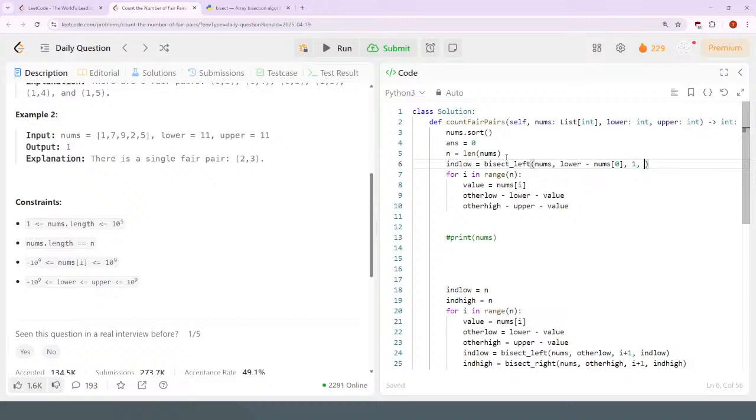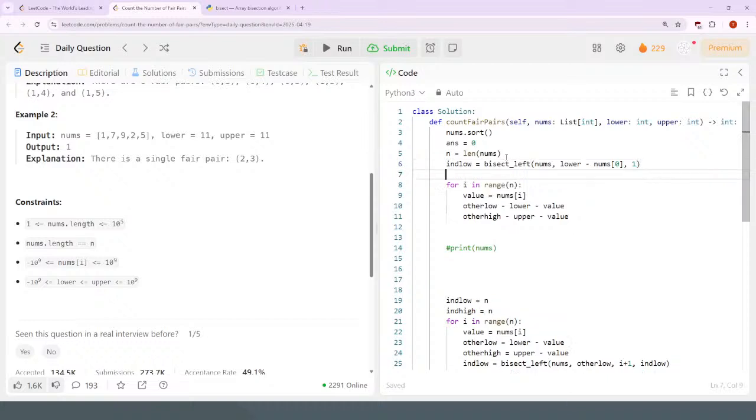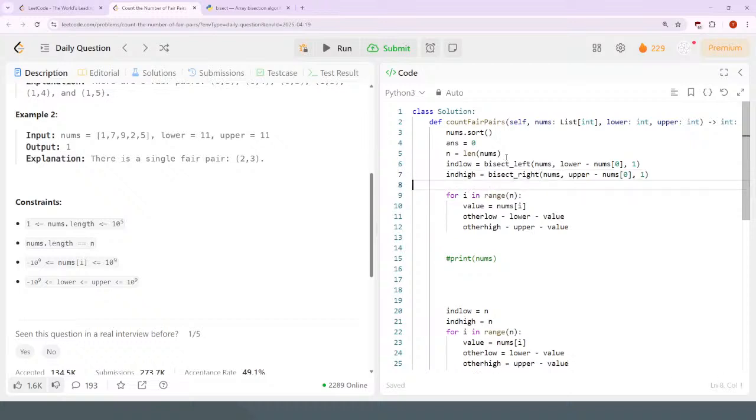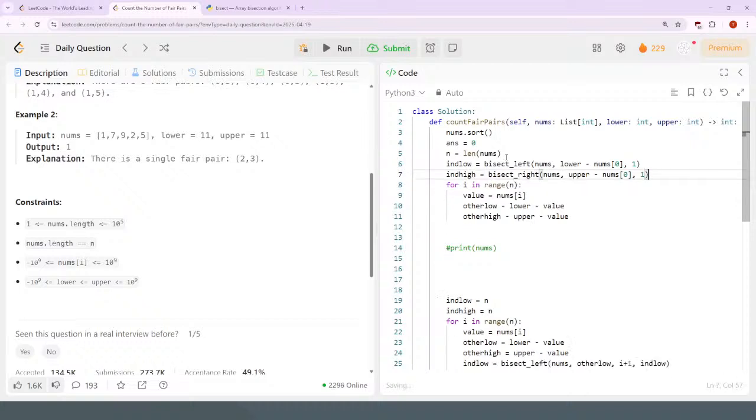Starting index 1. Index high is bisect right, nums lower, nums upper minus nums 0. Also starting index 1. Okay. So for everything after that,